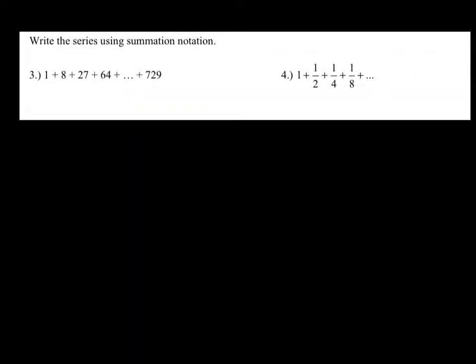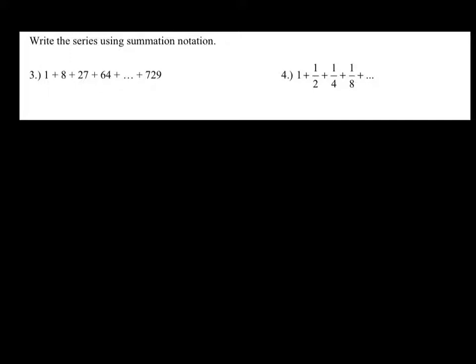When it asks you to write the series using summation notation, you're still finding the rule. It's just that now, instead of simply writing a sub n equals, you're going to write the rule with a summation symbol next to it, essentially. You still have the process of finding the rule, though. So if we look at our sequence here, we've got 1 plus 8 plus 27 plus 64 plus ellipsis up to